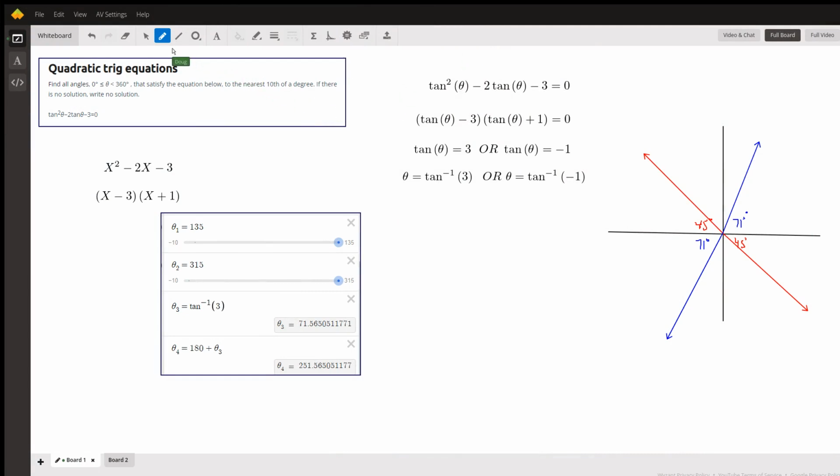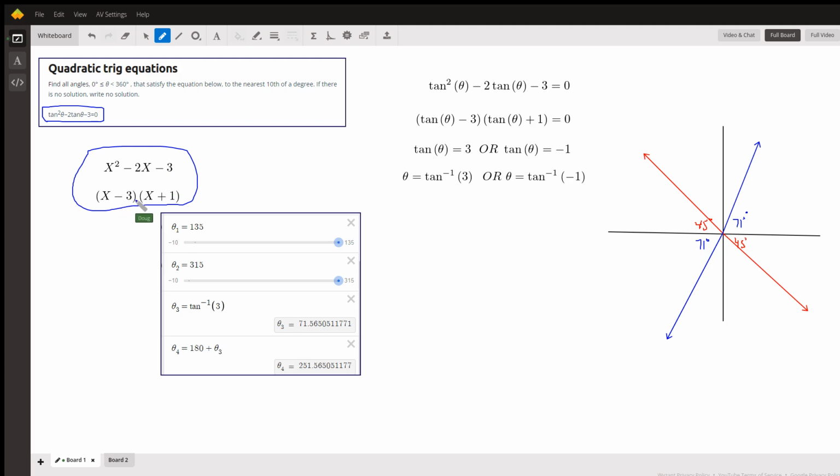Okay, you're asked to solve a quadratic trig equation, this one right here. And usually when you solve quadratic equations, you factor after you've got it set equal to 0, or you use the quadratic formula, which you could in this case. And just to review, so you see it without the trig function in it, if you had x squared minus